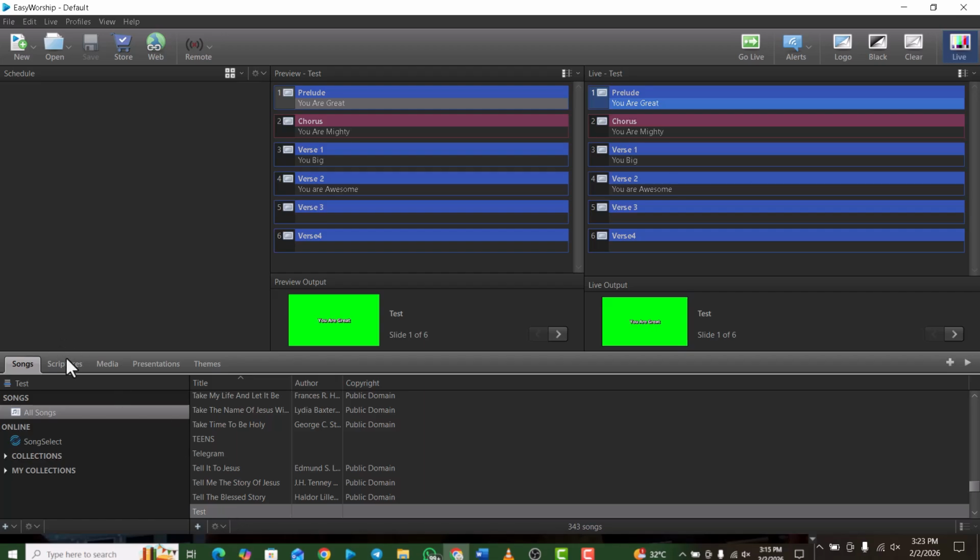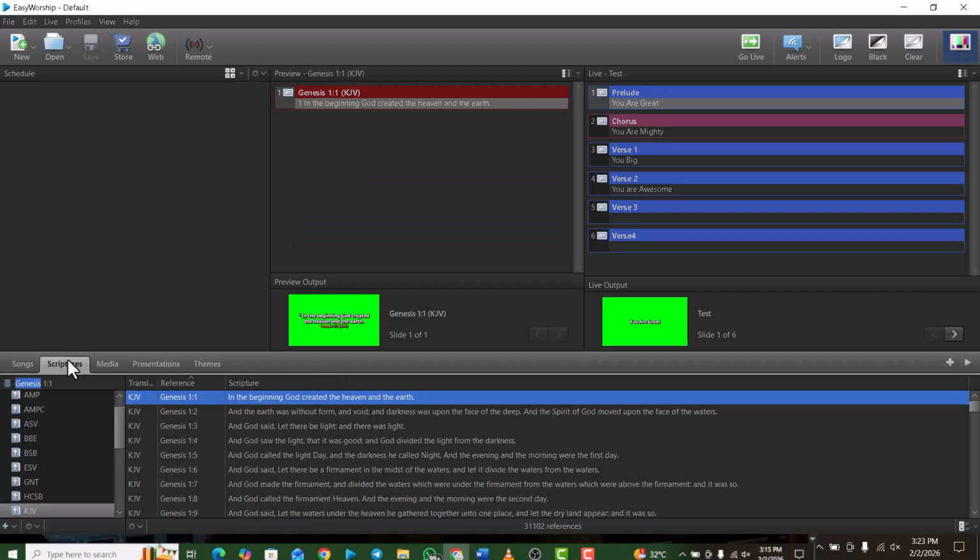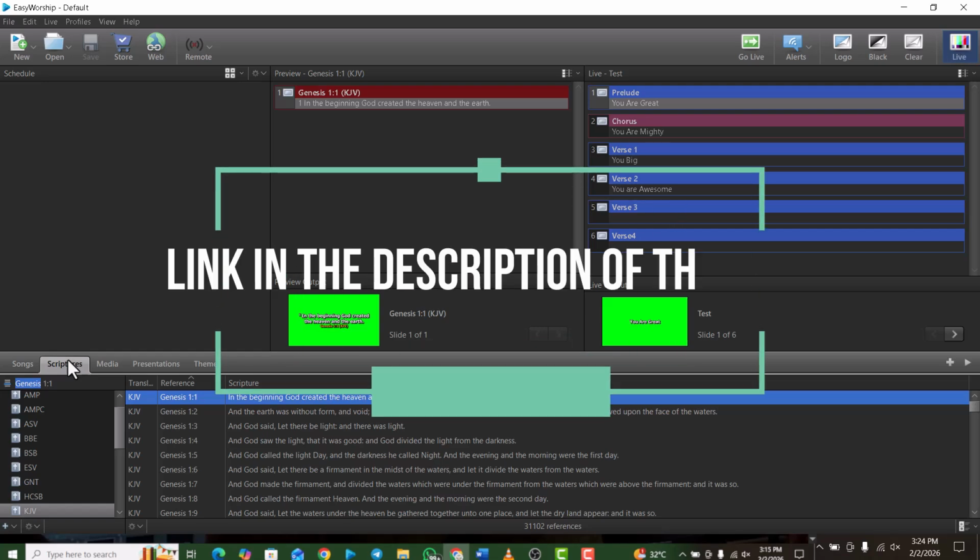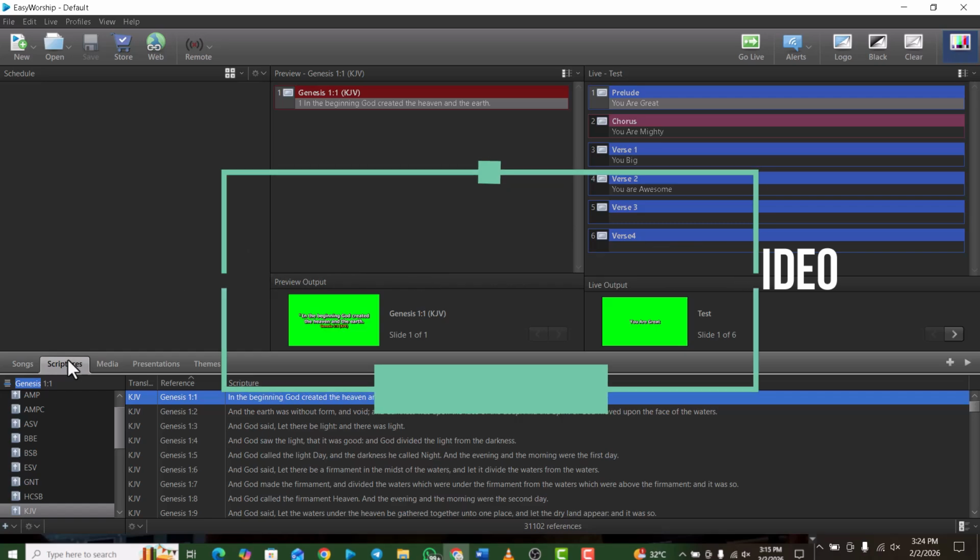Now the other thing is the scripture. I'm going to be dropping the zip file or raw file for us to be able to download the different versions of the Bible, because EasyWorship does not come with different versions. Yes, EasyWorship only comes with a few versions, and you might want to use many versions for your projection. So I'm going to be dropping the link in the description,